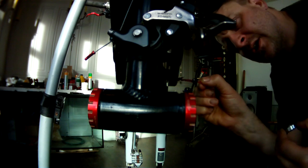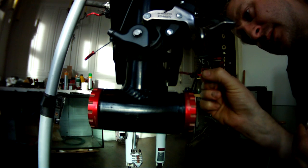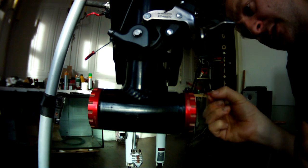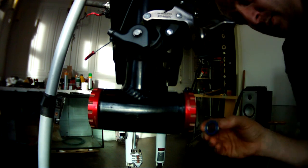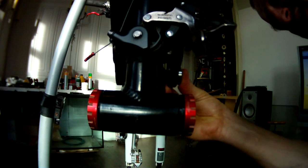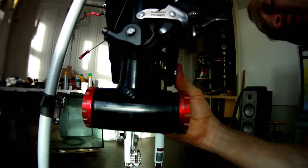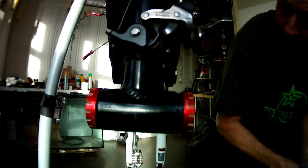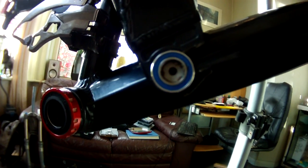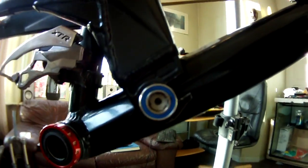That's the thing with all bike parts. You need to grease everything on a bike, within reason. You've got to remember that grease can actually harbour all manner of nastiness if you're too exuberant with the stuff. Now what I tend to do is get it to that stage, and in order to get the bearing back in, what I do is